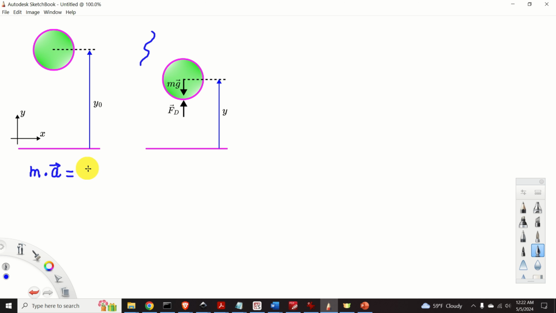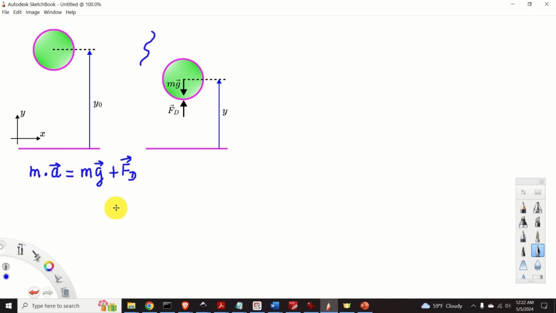Over here, we assume that the ball is modeled as a point mass. Consequently, we neglect the volume of the ball and we just consider the ball as a single point. From Newton's second law, we have mass times acceleration is equal to the sum of all the forces acting on the material point. That is, it's equal to mass times gravitational acceleration constant as a vector plus Fd, where Fd is